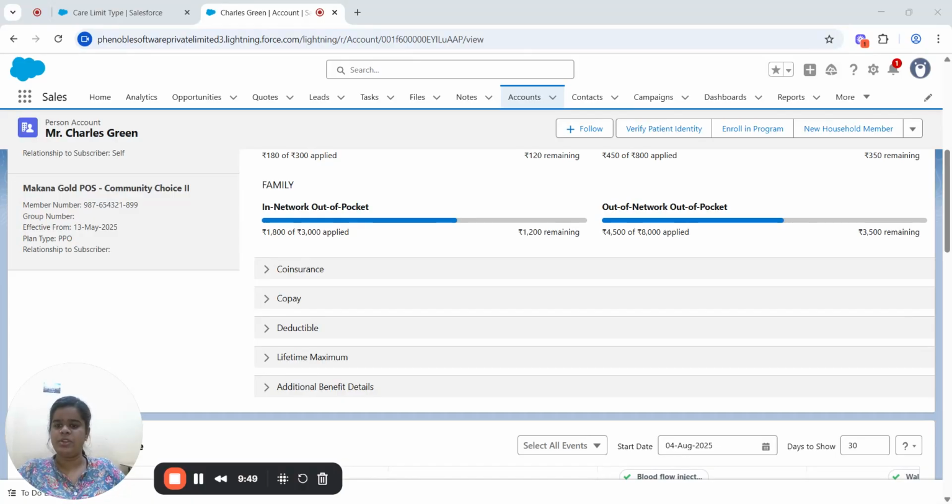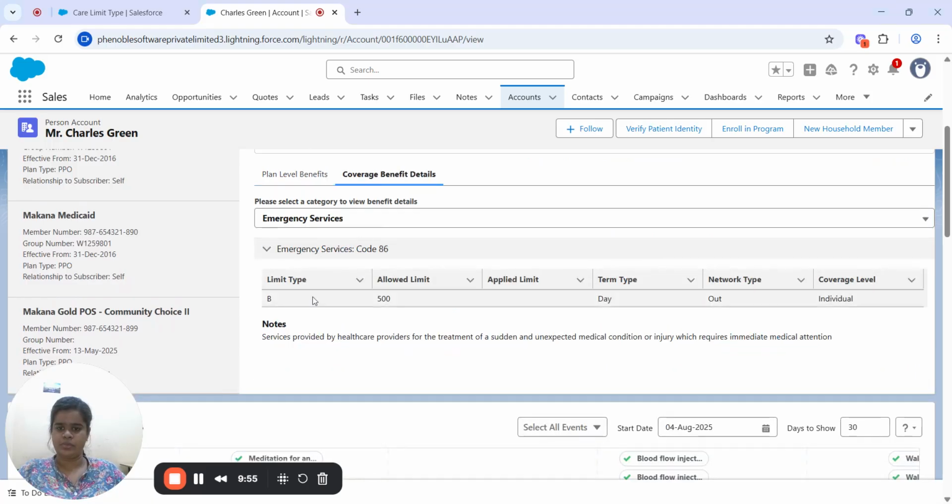Okay, and next is limits on service or care types, as we talked about earlier, the care type limit. The next is details like co-payments, allowances, and coverage amounts, like allowed limits, applied limits, term, limit type, and all of these things.